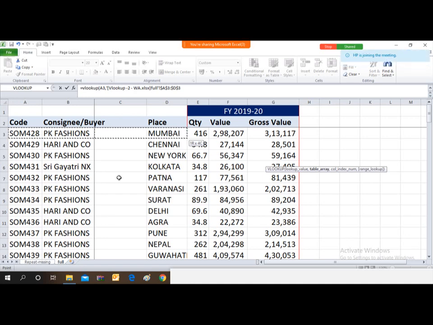While you are pressing this right arrow, you will see one small box appearing over here. In the small box, the number of rows and the number of columns is mentioned. So the number of rows is 1 and the number of columns at present is 4. So my required column is column number 5.